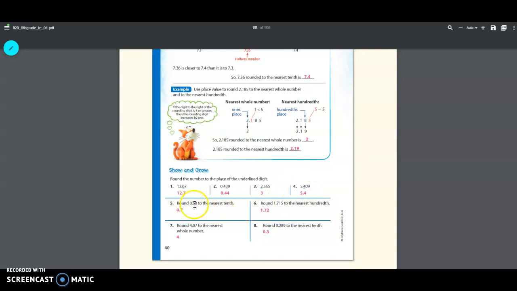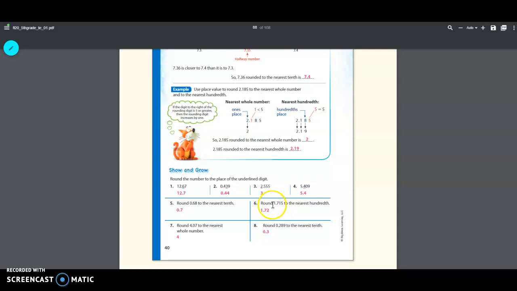Rounding 0.68, or 68 hundredths, to the nearest tenth means I need to look at the tenths place, and look immediately to the right of it. It's greater than 5, so I'm going to round that tenths place up to 7. Now I'm going to round